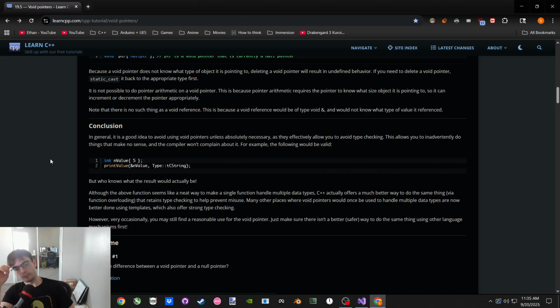At compile time, the compiler sees that this function is being called with a pointer to an int, a pointer to a character, and a pointer to a standard string. Well, that means we need 3 instantiations: one version for an int, one version for a character, one version for a standard string. But we only have to write one, and instead of passing in int, character, standard string, we just put T